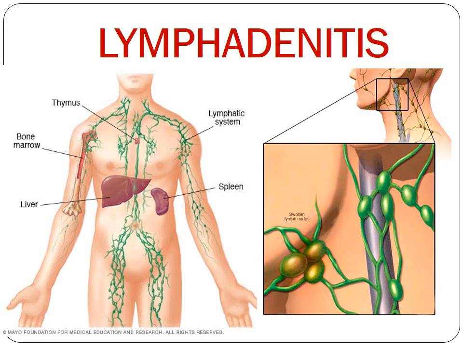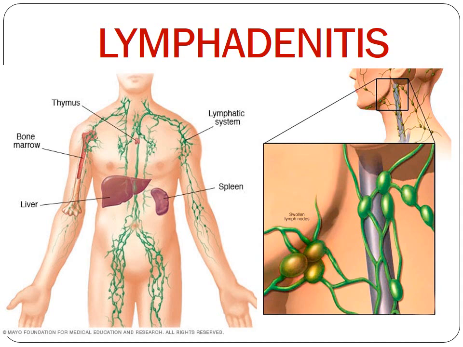So coming to the topic, lymphadenitis. This is what I was telling you in your anatomy session. You would have learned about the lymphatic system, and the green portion here is showing you your lymphatic system, the lymph channels, and all the bulging little nodes that you see are nothing but your lymph nodes. Okay, and you can see the thymus here, the bone marrow, the spleen, and the lymphatic system.